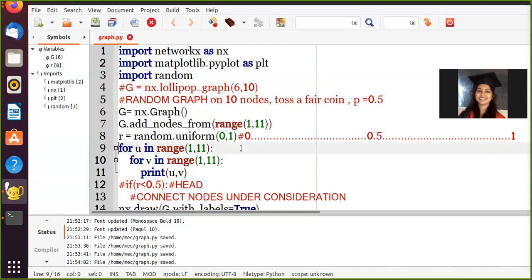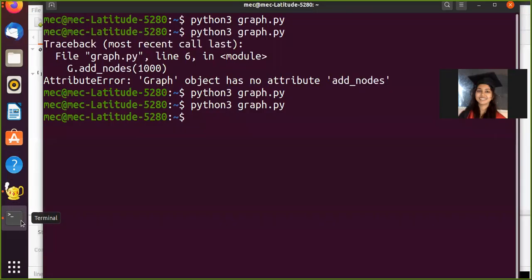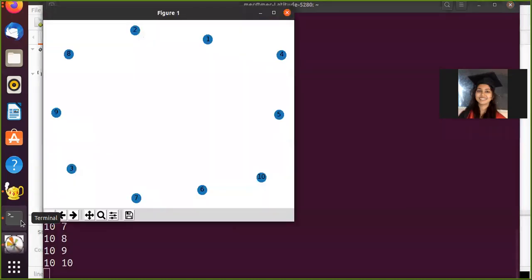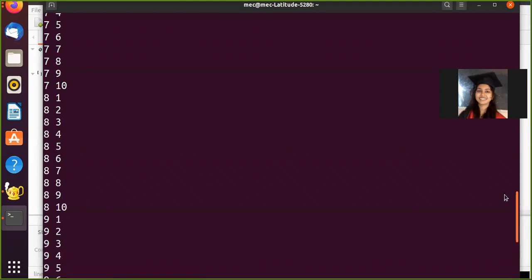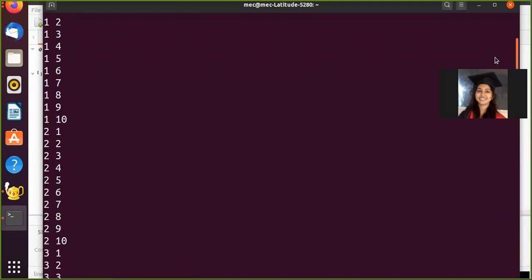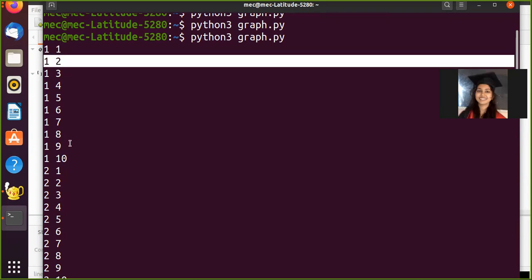What I'm doing here is trying to print every possible pair of nodes. Let's see this. Okay. So when I'm doing this, what is happening is, I'm going to toss a coin for each of these pairs. So toss a coin for 1 1. Actually, that doesn't make any sense because I'm not considering any loops in this graph. Then you toss a coin for 1 2.